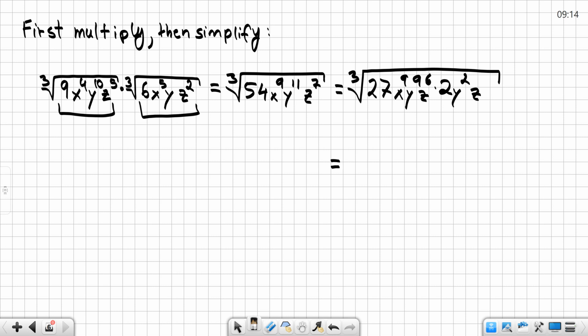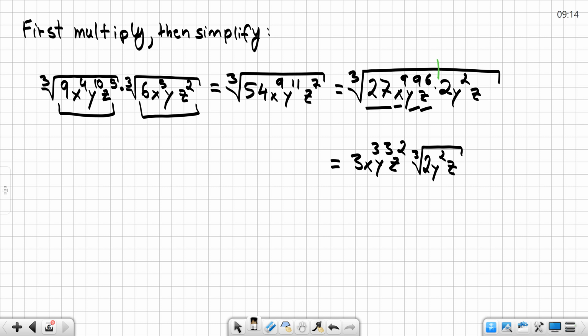Now I'm going to split this up into two radicals, and that means that the cubic root of 27 x to the 9th, y to the 9th, z to the 6th is just going to be 3 x to the 3rd, y to the 3rd, z to the 2nd. Really quickly, how did we get this? The cubic root of 27 is 3. 9 divided by 3 is 3. 9 divided by 3 is 3. And 6 divided by 3 is 2. And I still have a little cubic root left,